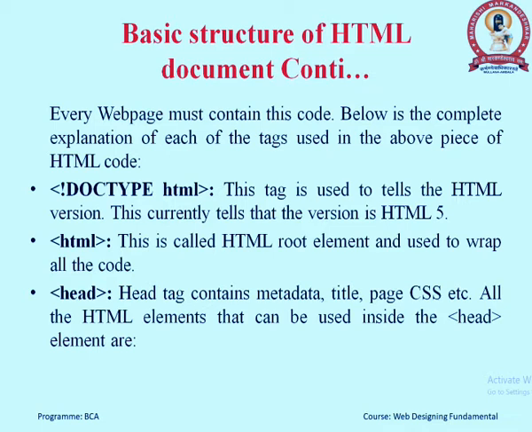So, what is metadata? Metadata is data about the data, meaning something you want to write about the data is known as metadata. And what is CSS? CSS is the Cascading Style Sheet, meaning for displaying different types of colors, different types of structure, or to follow a uniform font, color or design over the entire page, we can use CSS. All the HTML page elements contain this head section in the second place.